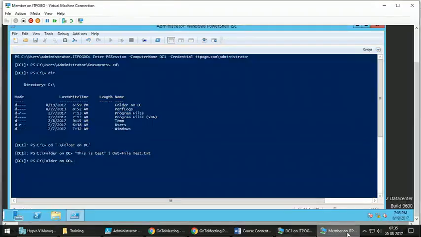So this is one-to-one remoting. We are still on that target server. To exit to your local computer, the command is Exit-PSSession. You are back to your local computer. Now when you are connected to a remote machine, if you run commands like Get-Service or any other command, the output that you get is not from your local computer. It is the output from the remote computer that you are able to see on your local machine. Any questions so far?